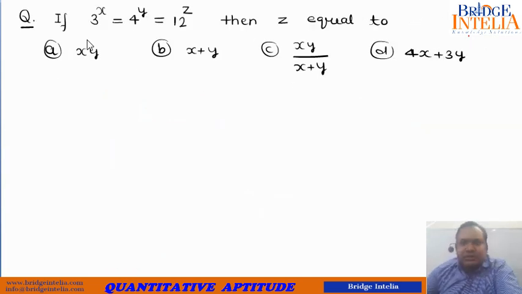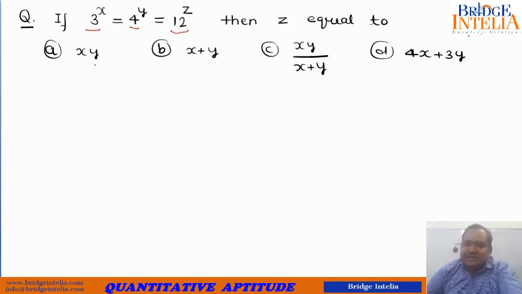So what is given to us? It is given to us that 3 raised to power x is equal to 4 raised to power y is equal to 12 raised to power z. To a smart student, which I guess you all are, it will be immediately observed that 12 has been chosen for a purpose. The choice of these three particular numbers, 3, 4 and 12, is because 12 is actually equal to 3 into 4. So that is the purpose of choosing these three numbers, to create such a situation. This is A, this is B, this is actually A into B.